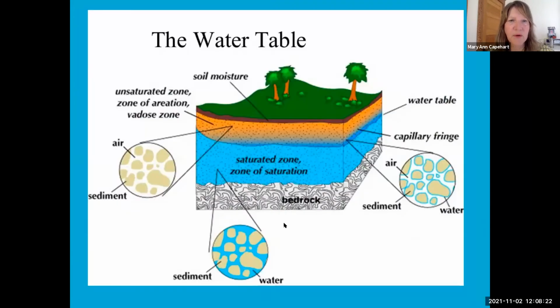So there's the water table underneath the vadose zone. And then you have the sediment through which this is traveling. And then when it gets saturated, it's called the zone of saturation or the groundwater area. And then below that is bedrock. So that's kind of a very basic picture of